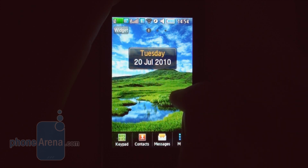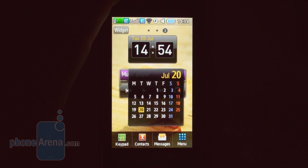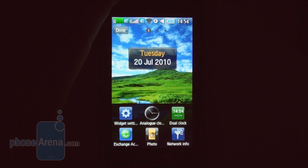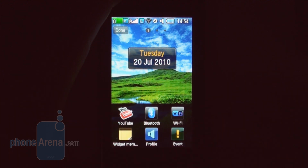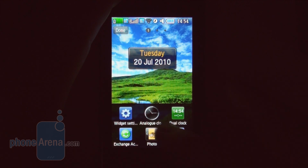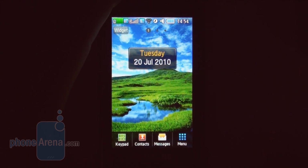The usual selection of home screens, three in this case, where you can place numerous widgets. The widget selection is actually pretty useful, especially the social networking stuff. You can place Facebook, MySpace or Twitter widgets on the home screens and receive your updates or post comments from there. There's a dock here on the bottom with the shortcuts to your most used applications, which unfortunately cannot be